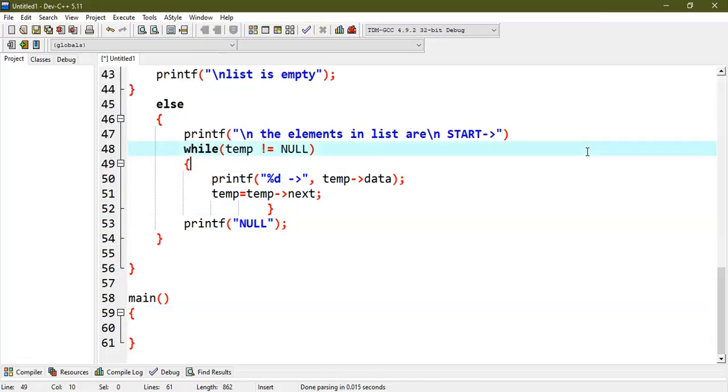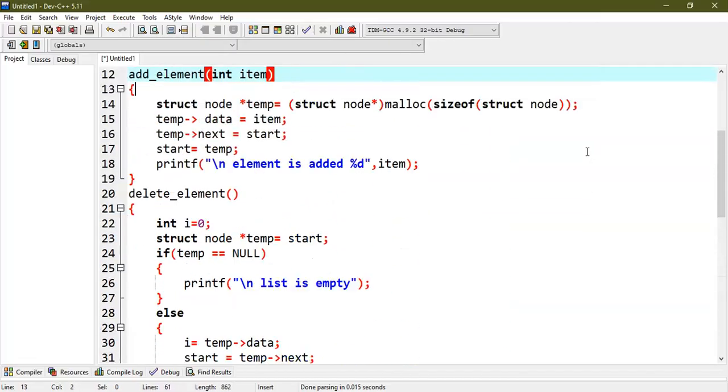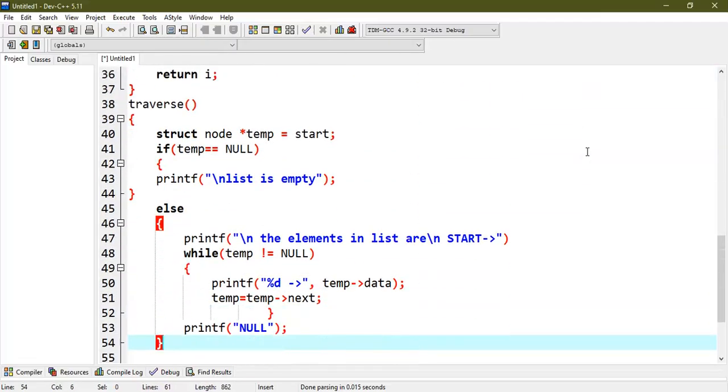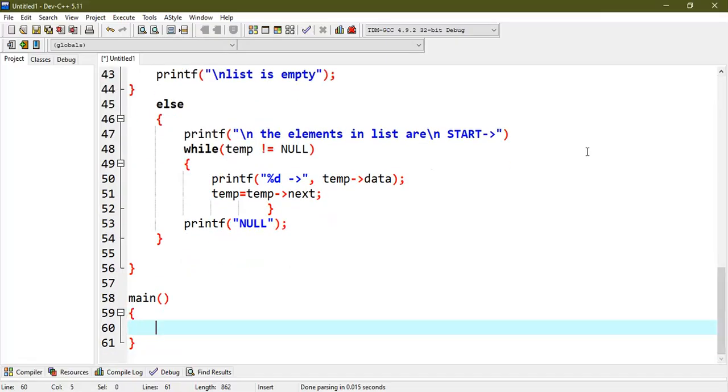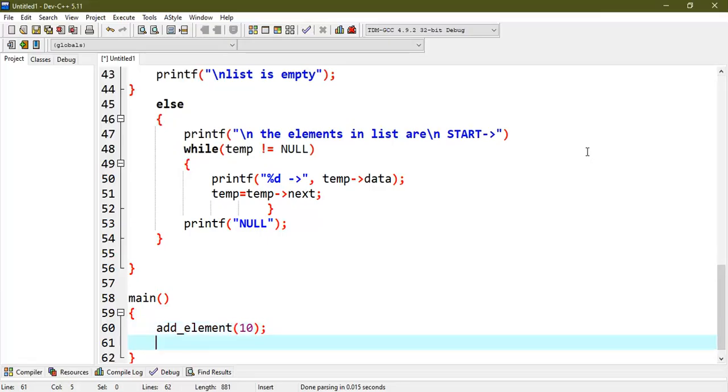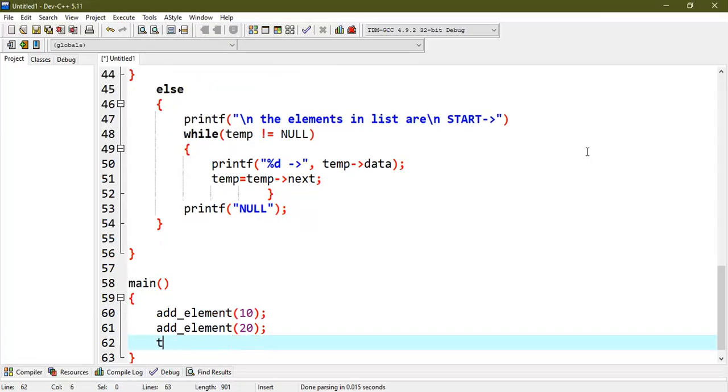So we have all the three functions ready. We have add element, delete element, and traverse. Now we will call these functions in main. So in add element we will say 10 first, then again add element and we will say 20. Then we will traverse the list,